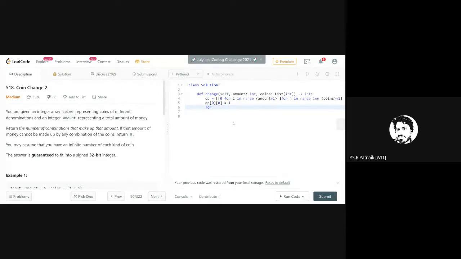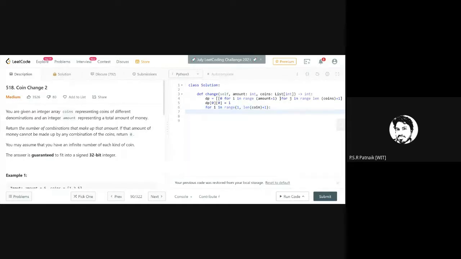Okay, so for I in range, what should your range begin from? From 1 to length of coins. If I say length of coins, it is an exclusive index, so I'll do length of coins plus 1, right?